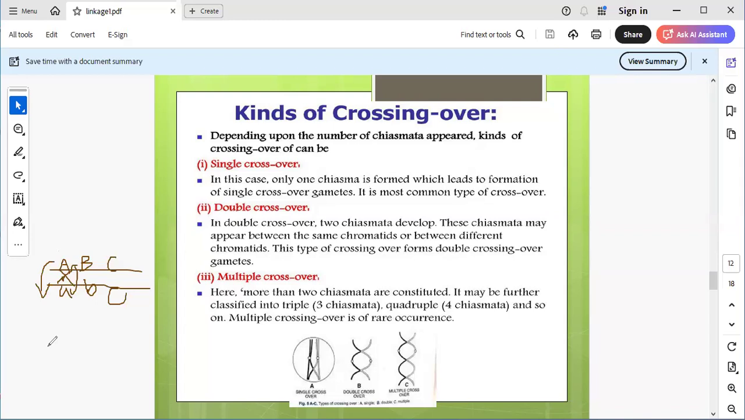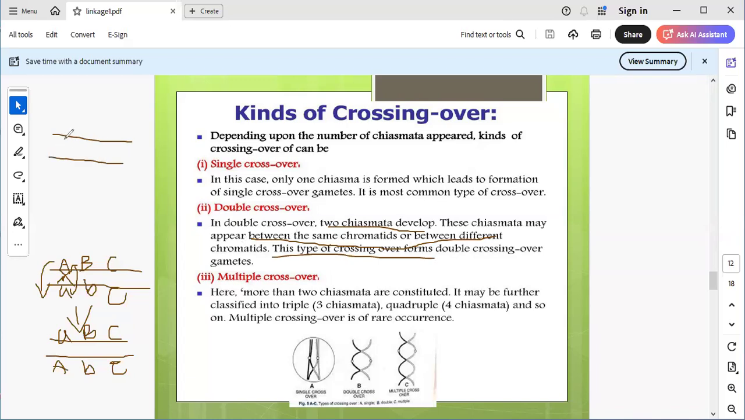Is it clear? With reference to one point, the chromatids are exchanged. After exchange, what do you expect here? Here capital A, here small b, here small c. Here small a, here capital B and capital C. This is single crossover. When can we call it double crossover? When two chiasmata are developed. These chiasmata may appear between the same chromatids or between different chromatids. This type of crossing over forms double crossovers. For example, with reference to 2 points,